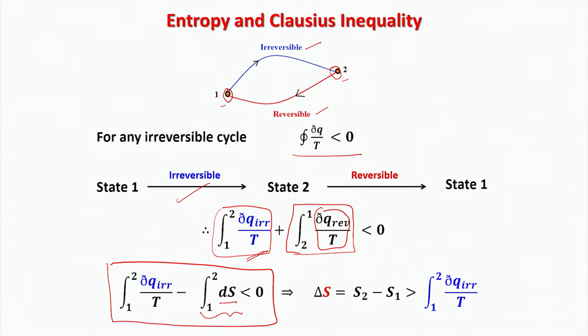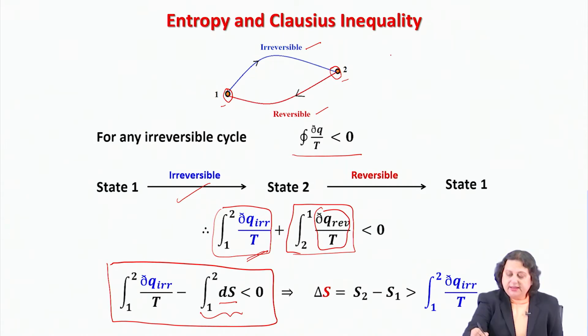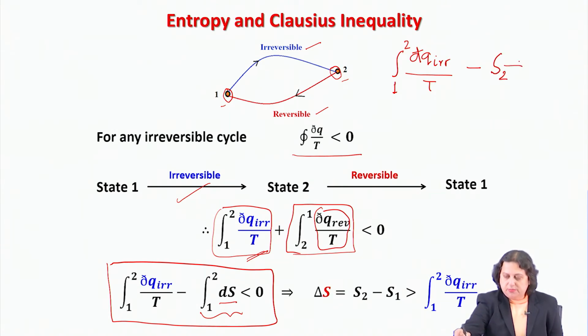The answer is yes. So if I carry out that integral, then I can write the integral from 1 to 2 of dq irreversible by T minus S2 plus S1 must be less than 0,